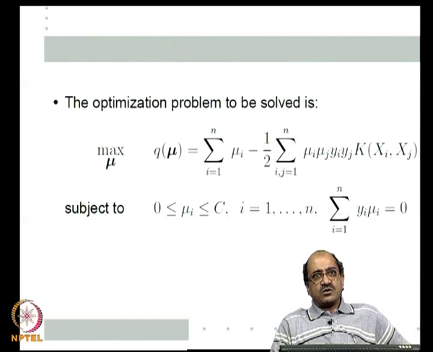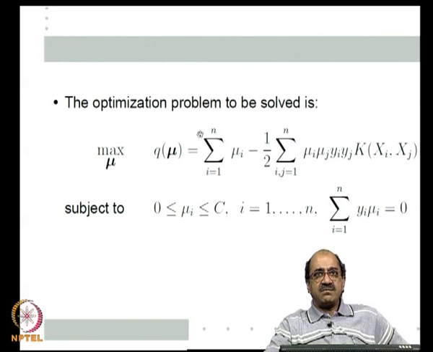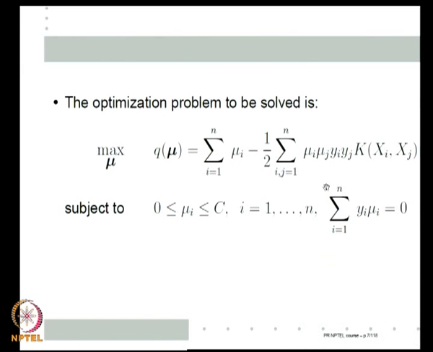This is the optimization problem that we need to solve. It is a quadratic programming problem. We have a quadratic cost function with a linear term summation mu_i and a quadratic term mu_i mu_j y_i y_j k(x_i, x_j). Essentially, this is the quadratic form with respect to the mu vector of the matrix whose ijth element is y_i y_j k(x_i, x_j). And I have 2 constraints. One is a linear equality constraint, summation mu_i y_i is equal to 0. The rest of the constraints are simply bound constraints on the variables. So, it is a standard quadratic programming problem with a quadratic cost function and linear constraints.